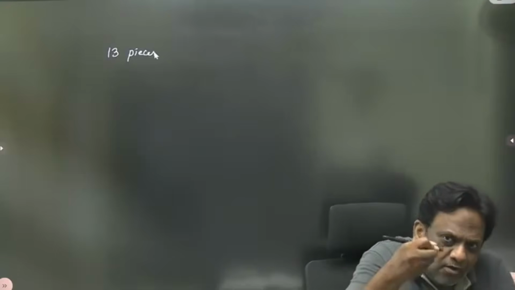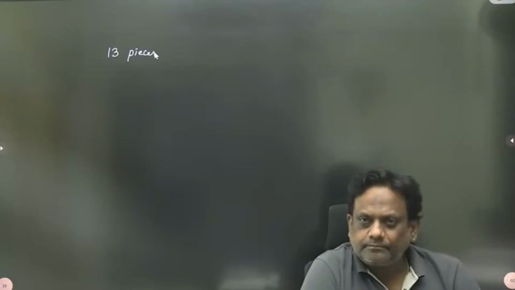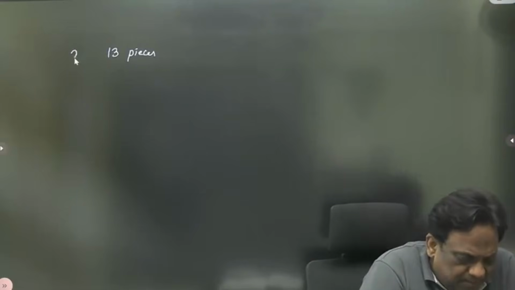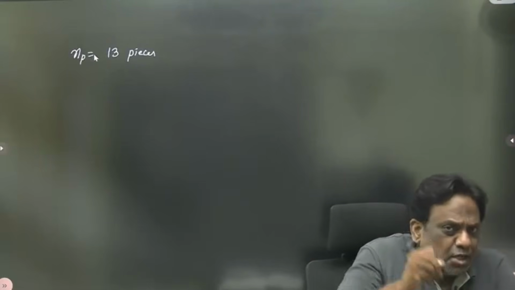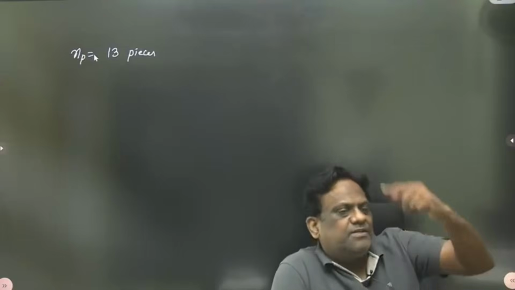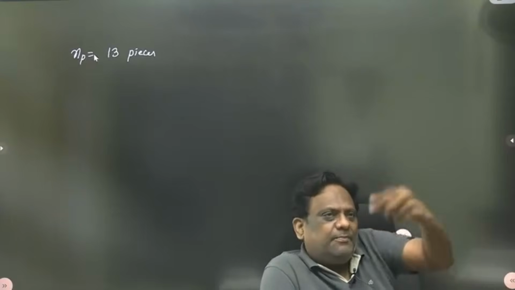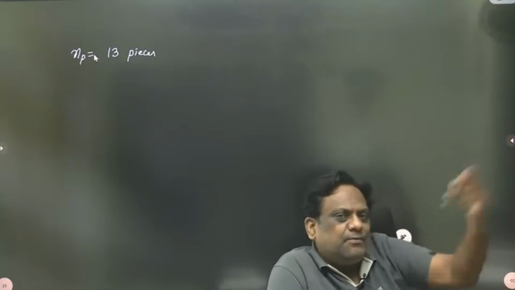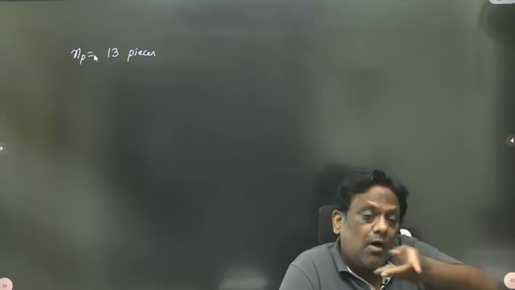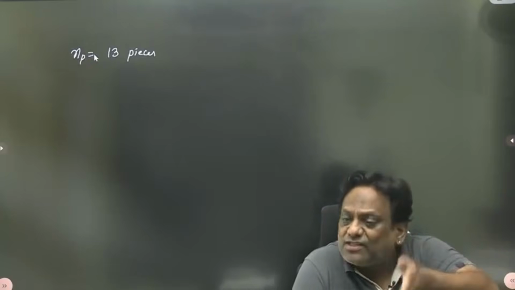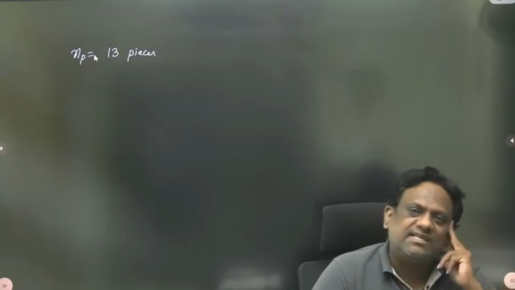For example, I manufactured 13 pieces before changing the tool. Look, first piece, brand new tool. First piece, beautiful. Second piece, beautiful. 10th piece, beautiful. 12th piece, beautiful. 13th piece, beautiful. And after the 13th, now I have to change the tool because it cannot manufacture the 14th workpiece. The tool has lost its life.